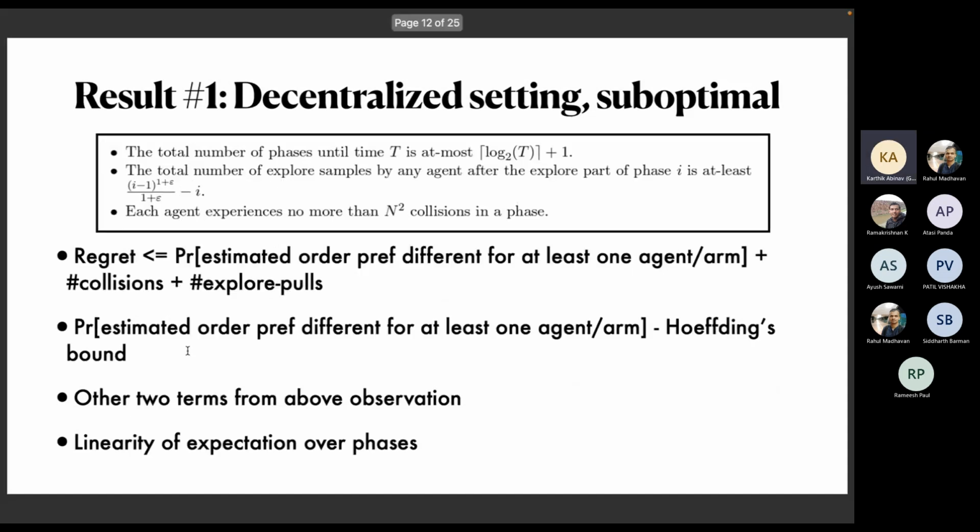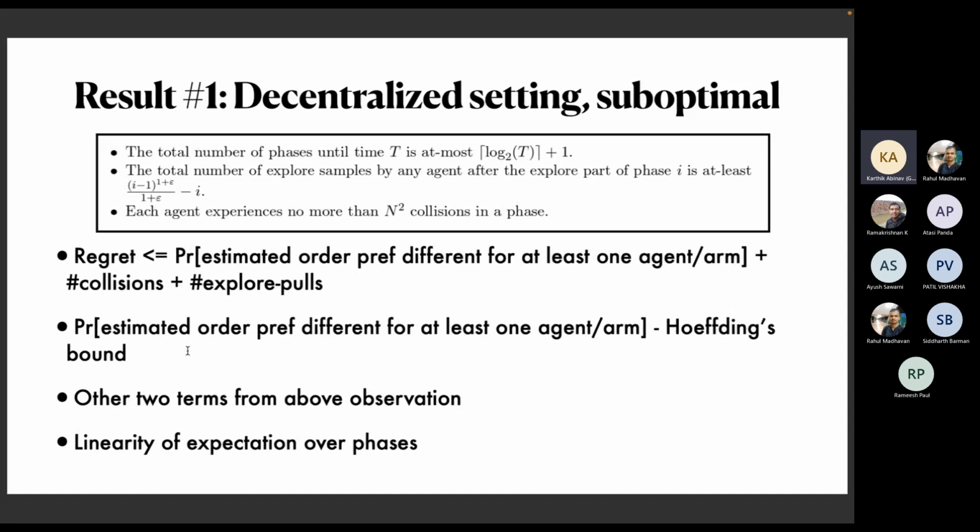Yeah, so then let's look at how this kind of analysis will look. It's basically a combination of counting with standard tools in bandits, like Hoeffding's inequality and so on. So essentially, what we need to show is that the regret is bounded by